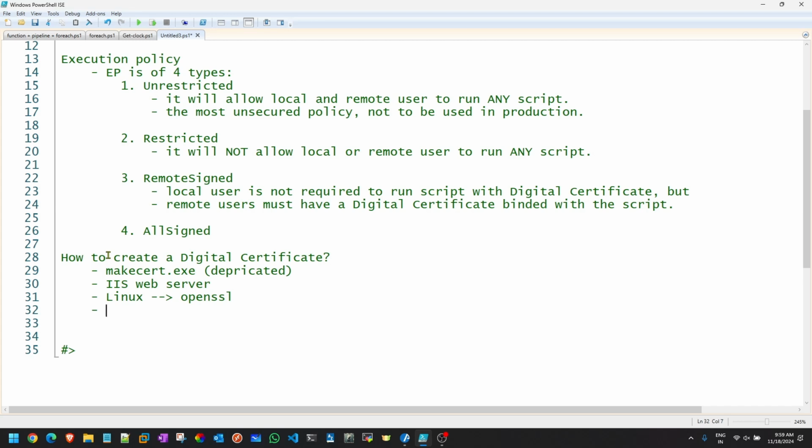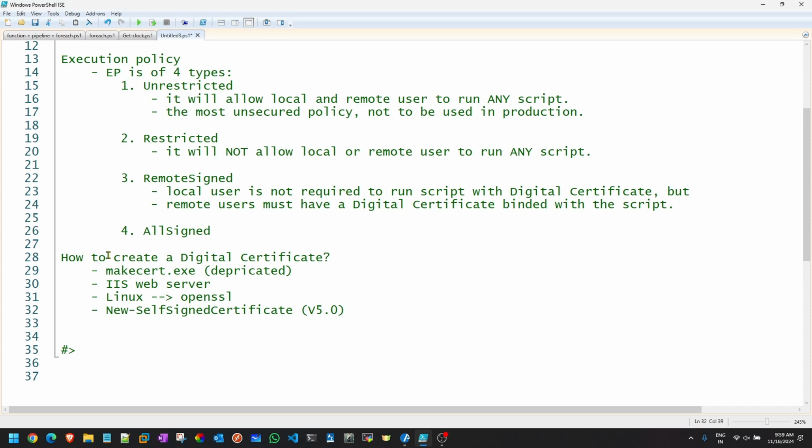PowerShell from version 5.0 introduced its own cmdlet called New-SelfSignedCertificate. That's the command. From version 5.0, this cmdlet is by default available in your own system. 5.0 onwards, meaning 5.0, 5.1, it is already part of your operating system.